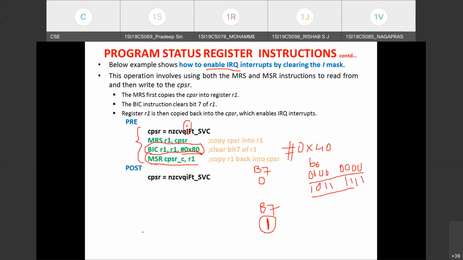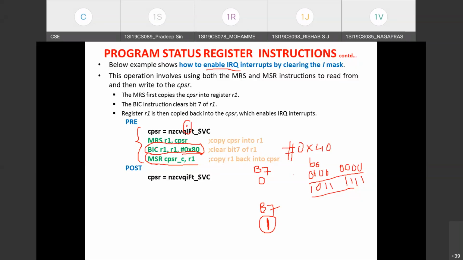Which instruction do you have to use? Have you forgotten all the concepts we had discussed so far? Ma'am, we can do it by using the AND instruction, but the register contents will be changed. Just answer the question. To set a particular bit, which instruction do you have to use? To set, no, the OR operation. OR, right. If irrespective of the input bit status you perform OR with 1, what will be the resultant bit status? It will be 1, right?